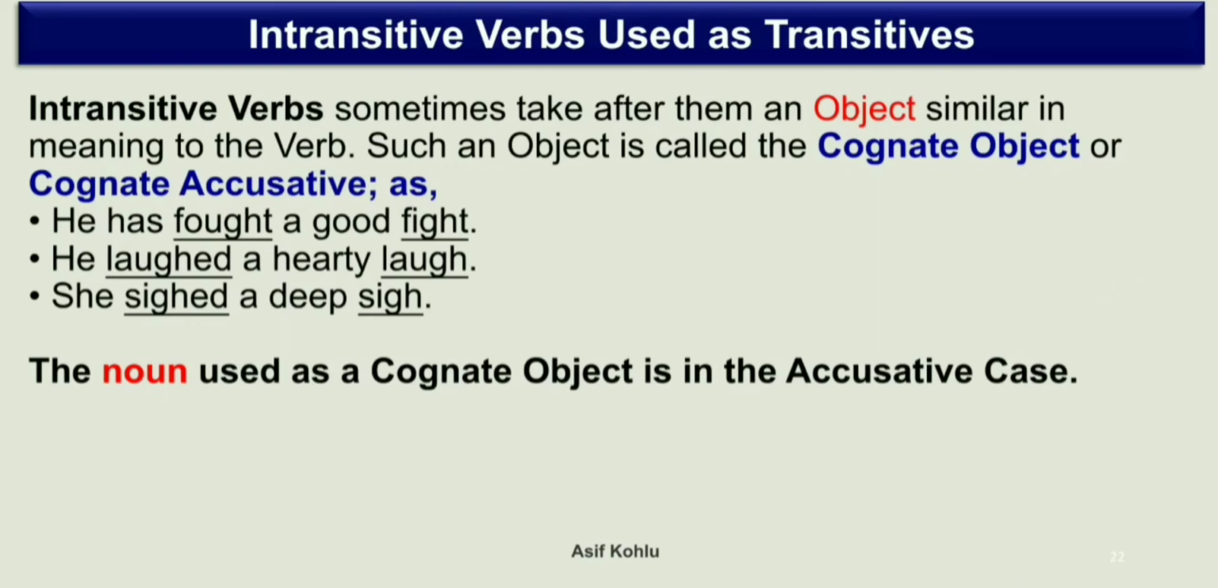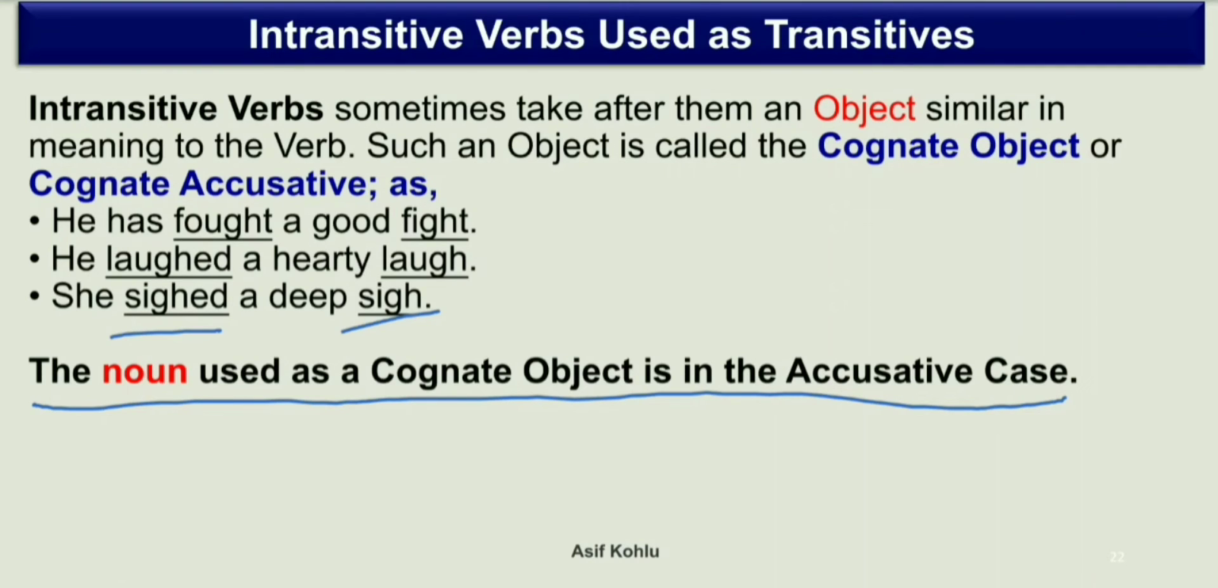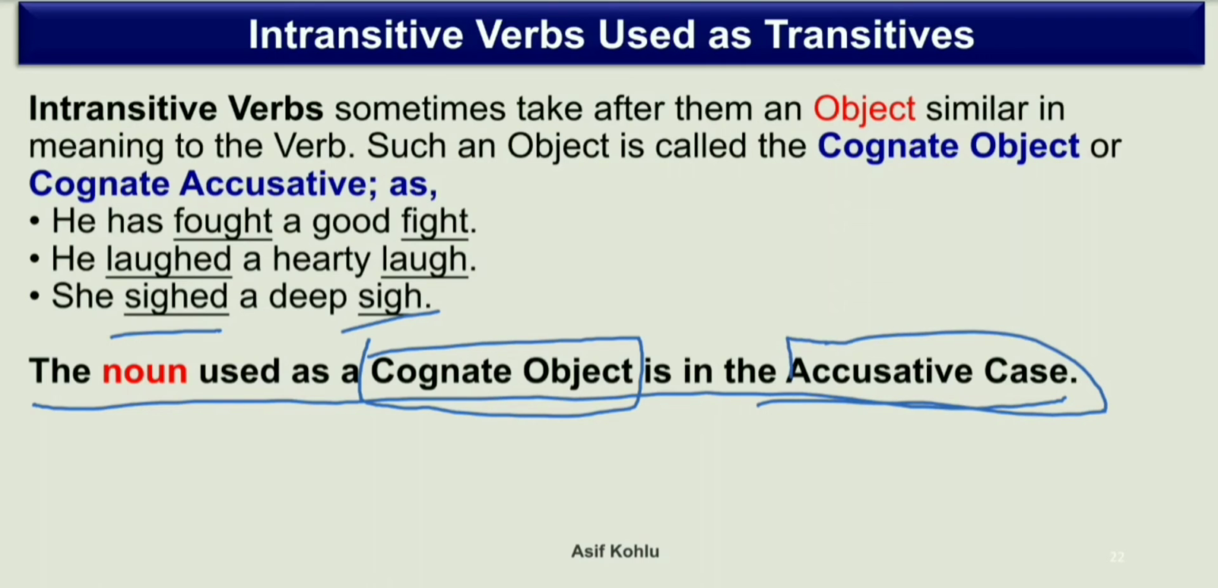Like in the third example, he sighed a deep sigh. Now both the intransitive verb and the object are similar. And at last we have a note: when a noun is used as a cognate object, it must be in the accusative case. As we have learned earlier about the accusative case,